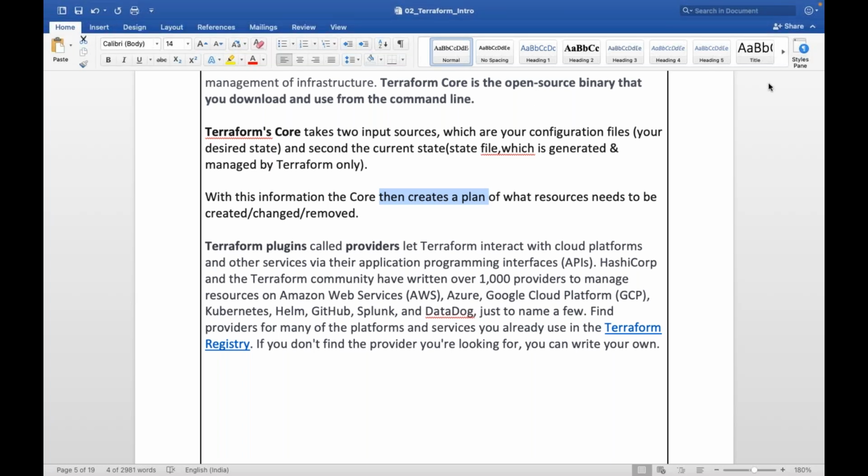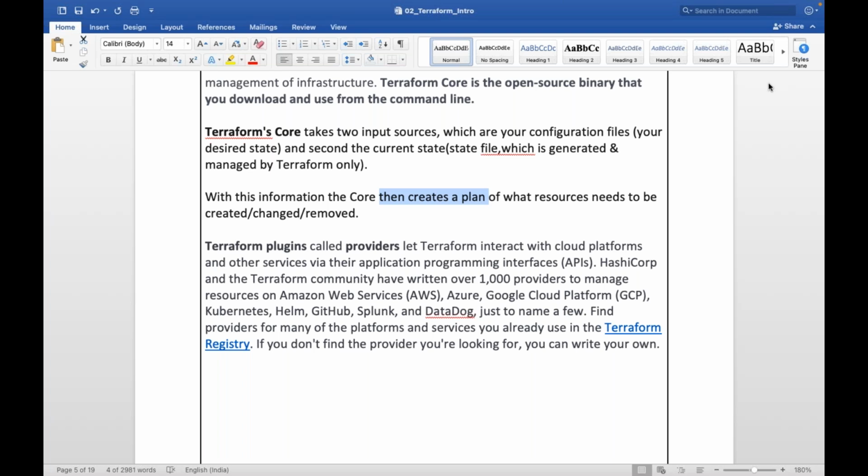If you understand the architecture and flow of Terraform, it will be easy for you to write Terraform code. That's why I'm spending so much time here. You need to understand what Terraform is, what the Terraform architecture is, and what the Terraform flow is. If you understand all these, writing Terraform code, creating resources and managing them using Terraform is easy.